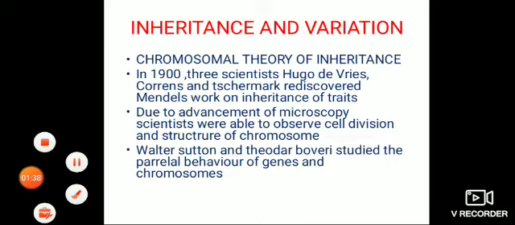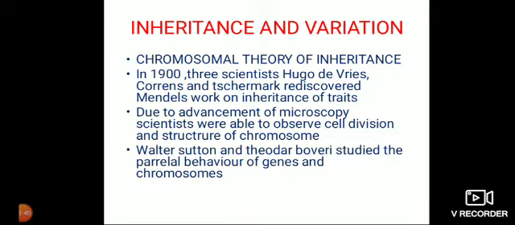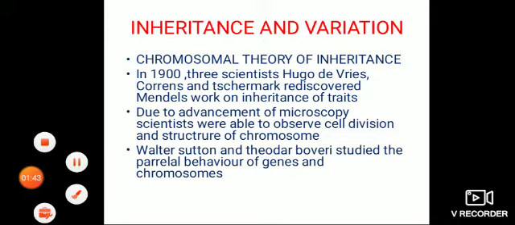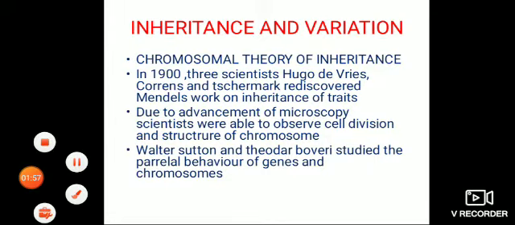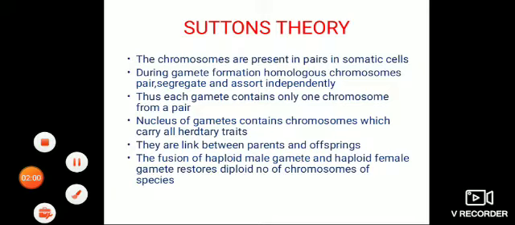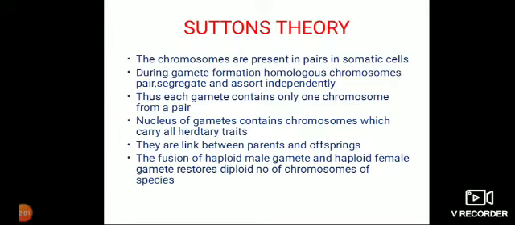What are the cell divisions? Mitosis and meiosis. Mitosis occurs in the body cell, meiosis for the formation of the gamete cells like sperms and the eggs. Walter Sutton and Theodor Boveri studied the parallel behavior of the genes and chromosomes. Chromosomal theory of inheritance, popularly known as Sutton's theory,